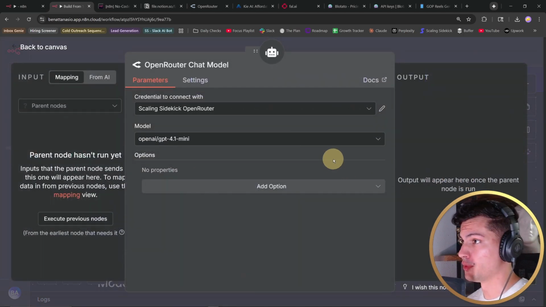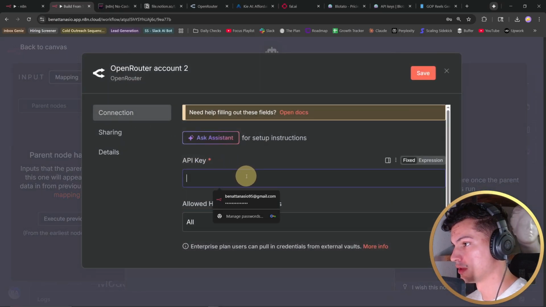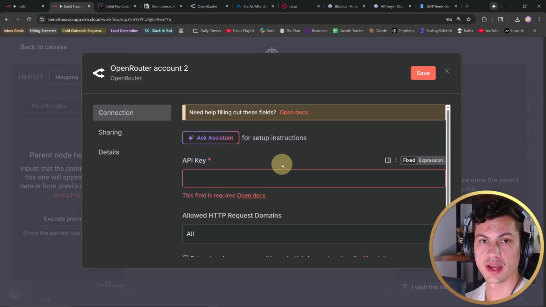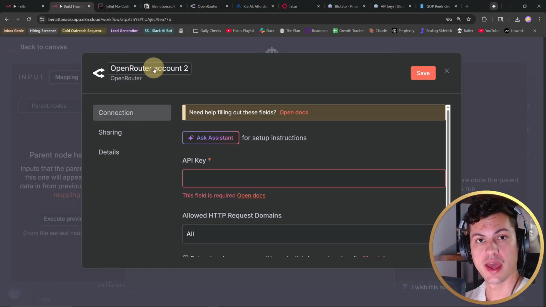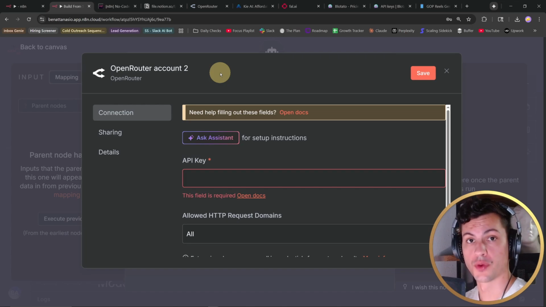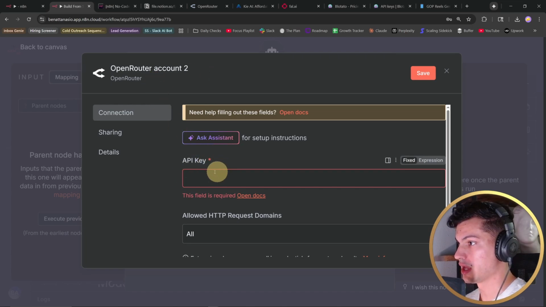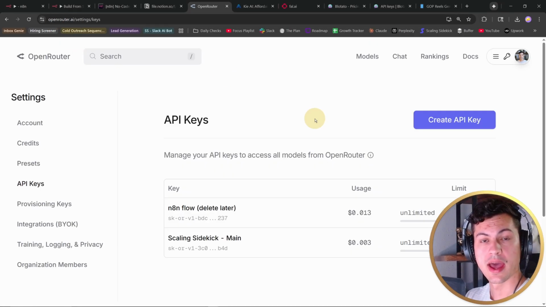If you've never hooked up Open Router into end-to-end before, you'll have a red message here. Hit the drop down and hit create a new credential. So this is looking for an API key. All an API key is, is your password so that end-to-end can use your Open Router account. The reason end-to-end needs to use your Open Router account is because generating AI text and content isn't free, so we're going to pay for Open Router as a service, and it will provide the AI models for us for a cost. So to get your Open Router API key, go to openrouter.ai, make an account, add some credits,